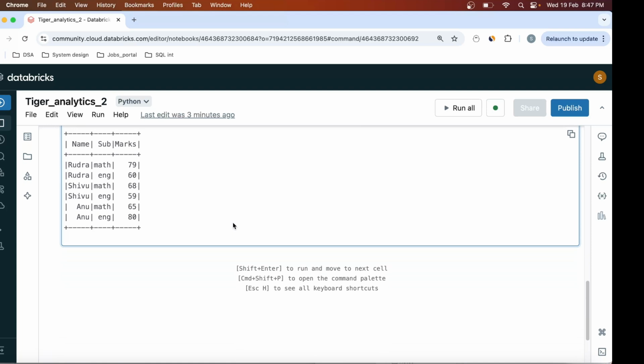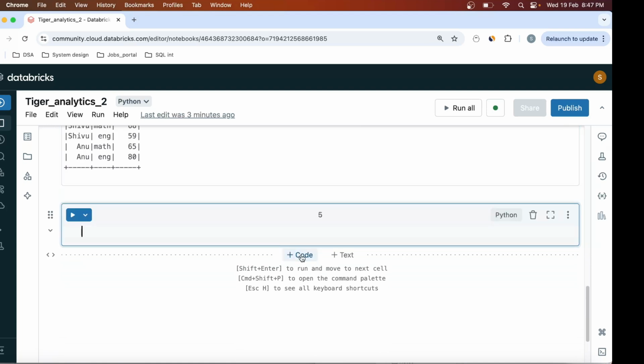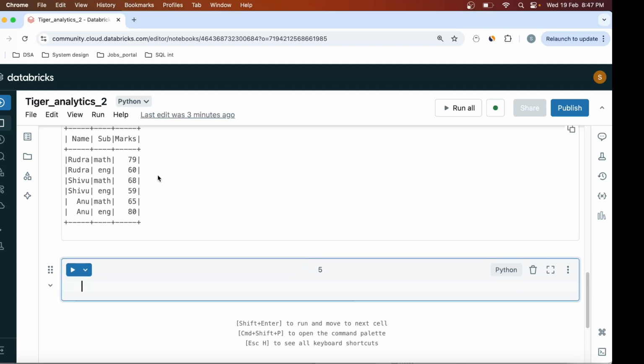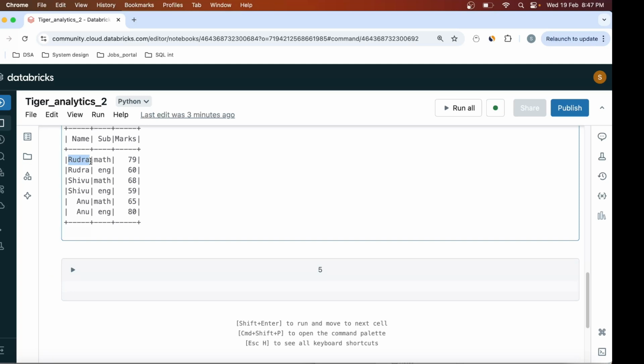For that, first of all, I will use the group by function. Why? Because I want to calculate, for each student, the marks in each subject, and the subject should be in the column. So this row should become a column, like here. If I group by name, then each row will have just one student name like Rudra, Shivu and Anu.